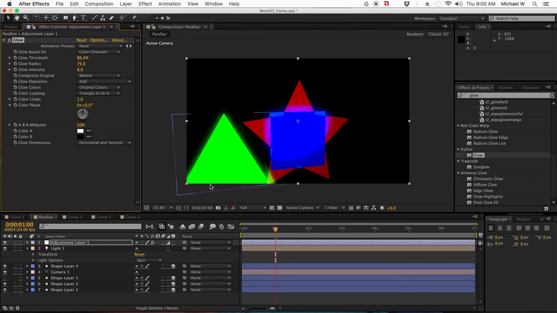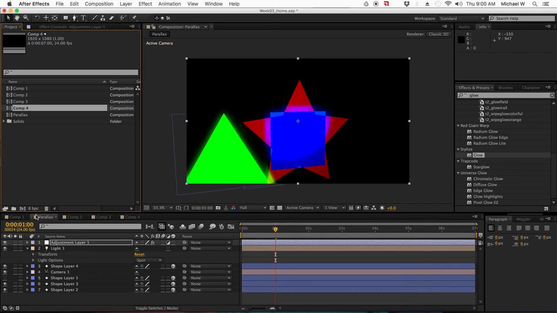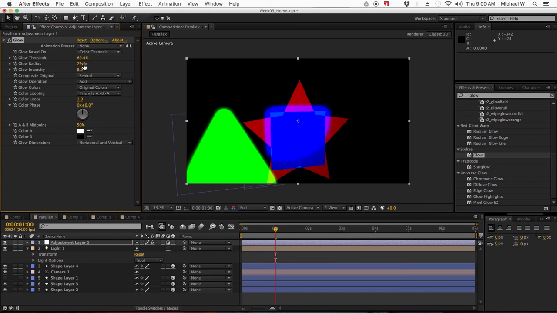And as I mentioned with light effects, you want a higher bits per channel to see them more smoothly. So the default is 8 bits per channel over here in your project panel. If you hold down the option key when you click, 16 bits per channel, you see the image start to change slightly. Now 32 bits per channel, and you get a much more detailed glow effect with more detail,